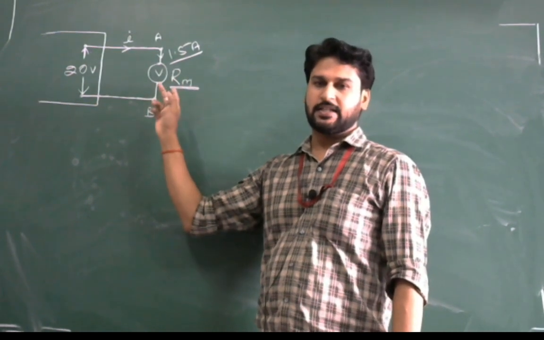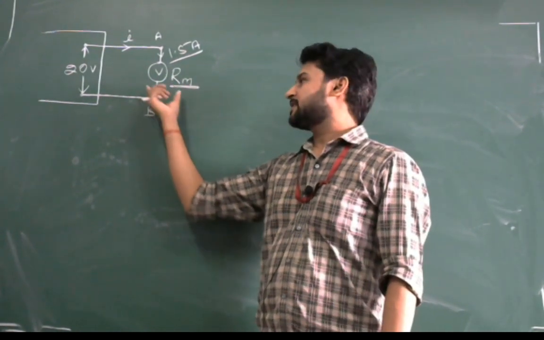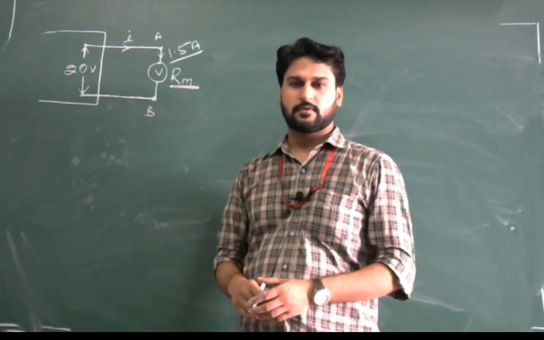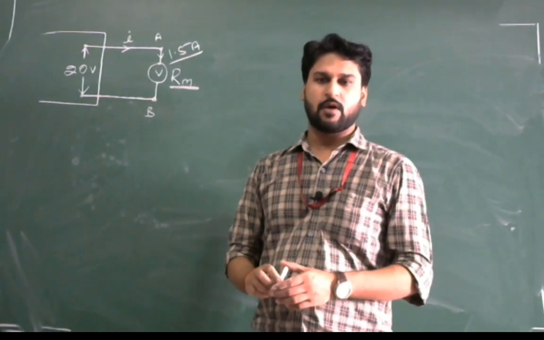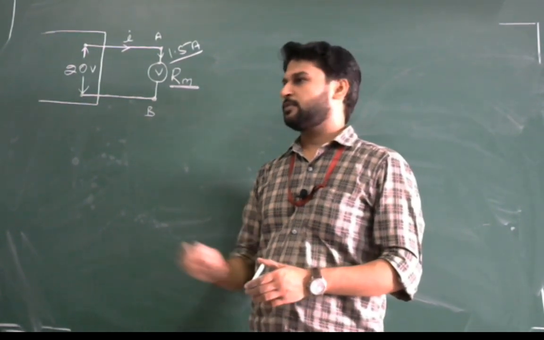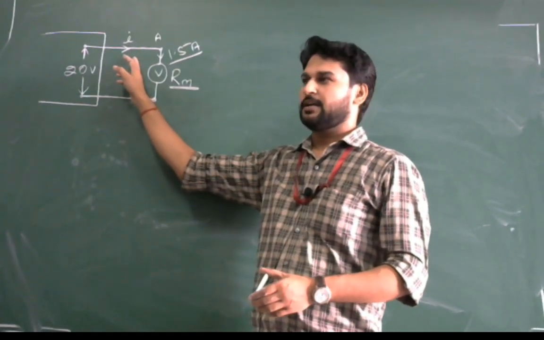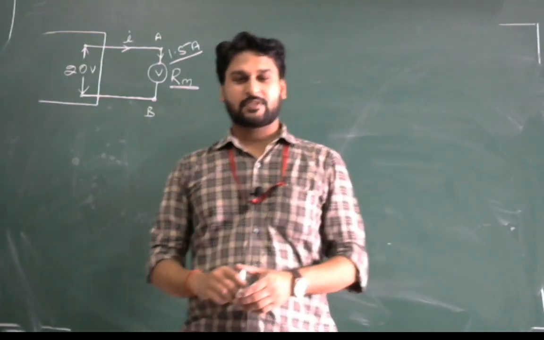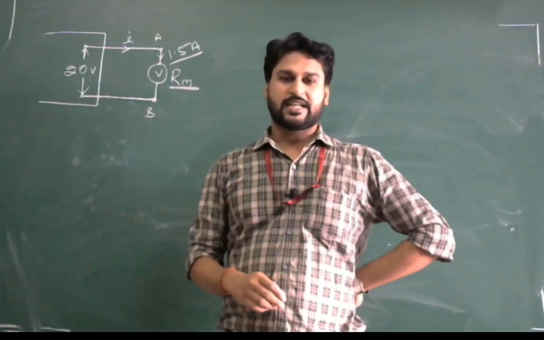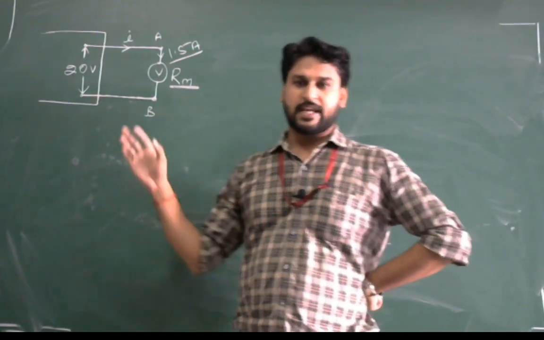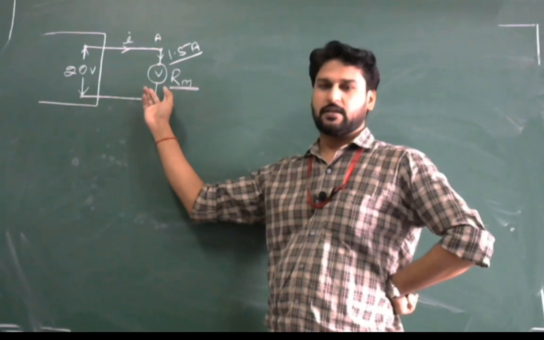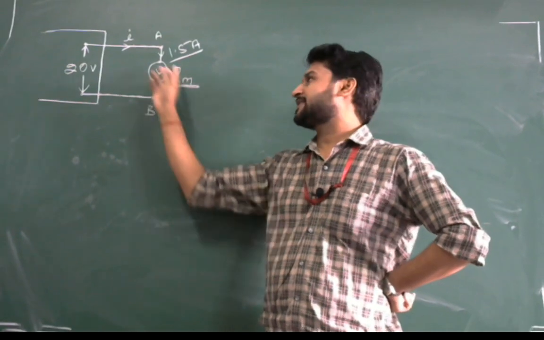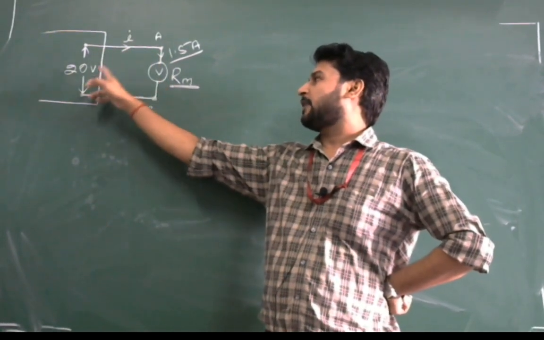If the current is less than 1.5 ampere, this voltmeter will show a less value than the 20 volt. And I have to somehow, by using some means, reduce this current going in the instrument. So to reduce this current, what can I do? This is very clear. It will take 1.5 milliampere to measure 20 volt. But what I have to do is reduce this current drawn from the circuit itself.